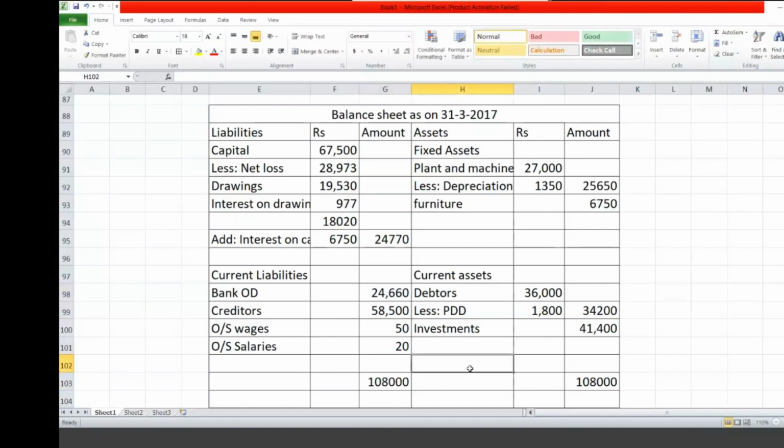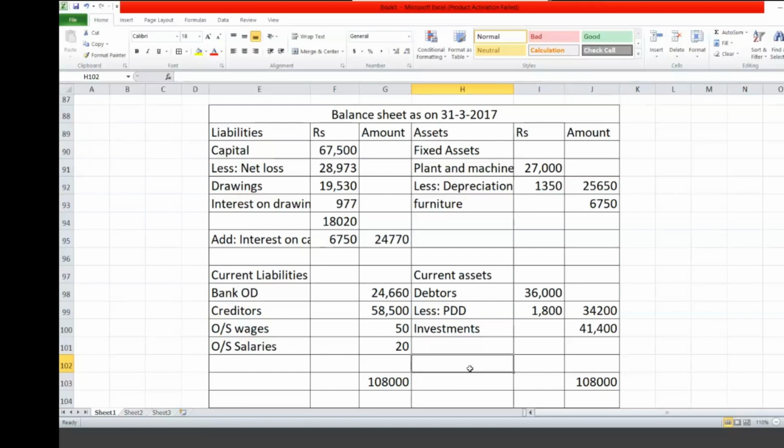It's very easy to find out where you have committed the mistake. When you solve the problem, if it is not tallied, that means you have committed a mistake somewhere. Again, you have to cross check. So one problem we did with loss, one problem we have done with profit. If you have more doubts, please mention in the comment section. We will solve more problems on these topics. If you want some more problems, sure we will solve some more. I have done one problem without adjustments, one problem with adjustments, and with the adjustments also, one with profit and one with loss.